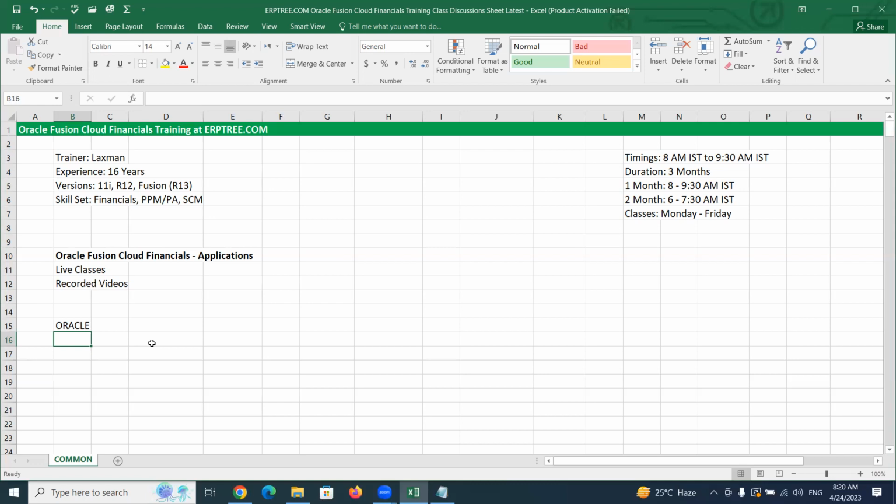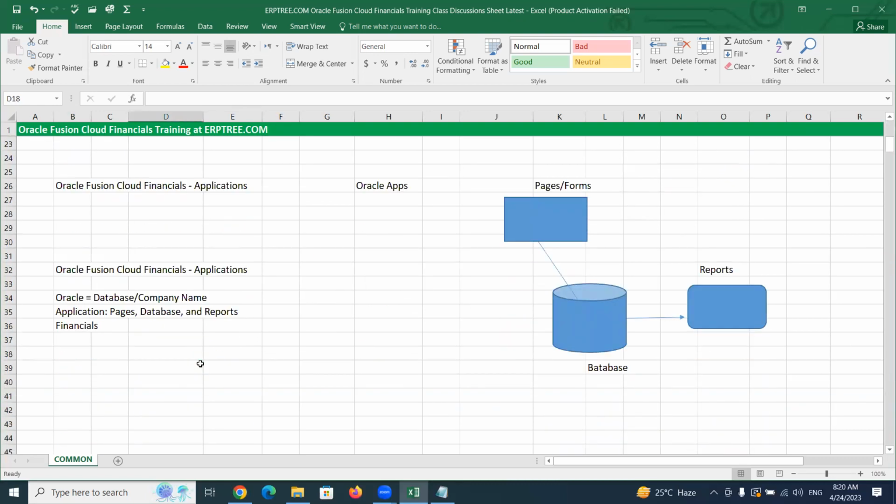For those departments, we can use the applications called financials applications. Along with financials, what are the different applications we have? It's all based on the purpose of the departments. You can group those departments, and based on the purpose of applications, we can group them and call them product families.